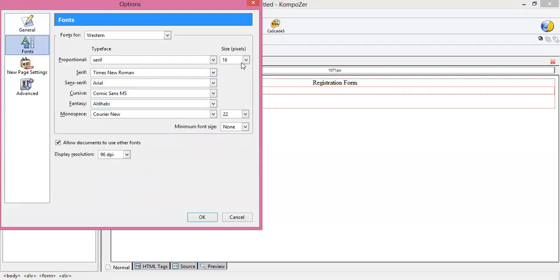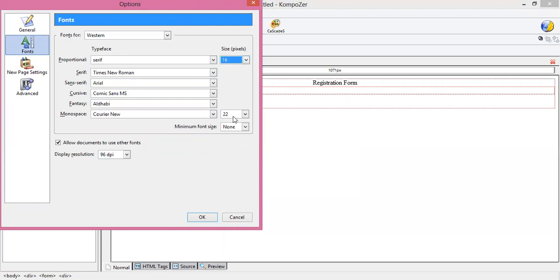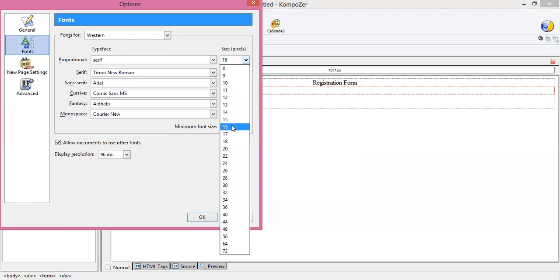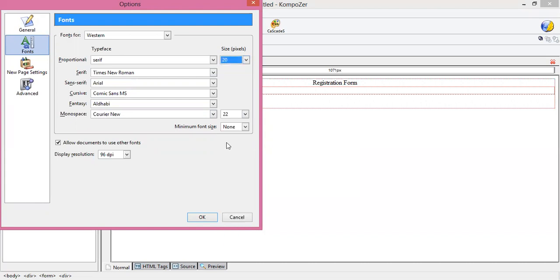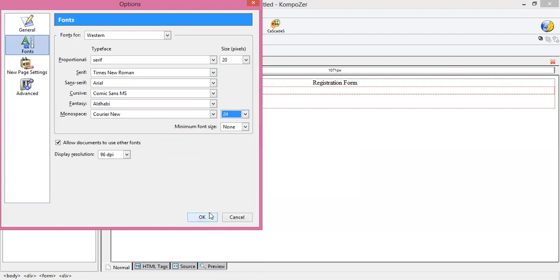Then you can see here the size of your font, which is 16 pixel, and I have to increase my font size. Then click on OK.